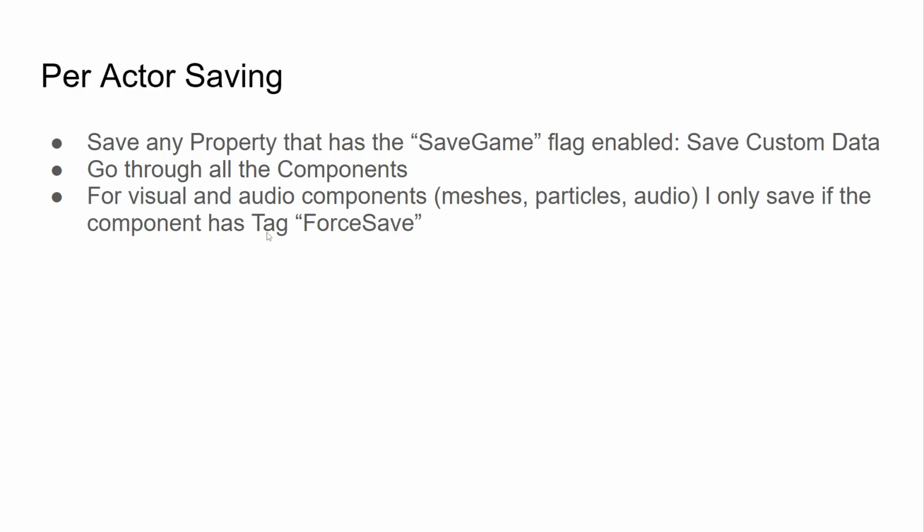This is just like an optimization because in some blueprints I had a lot of skeletal meshes or a lot of static mesh components, and I felt lazy about going through all of them. So I added this thing where I don't really need to save all of them by default. I think there might be a bit of code where if a skeletal mesh has an attachment, then it will force that to save, even if it has this force save tag. So if an item is attached to a skeletal mesh, like in my case,